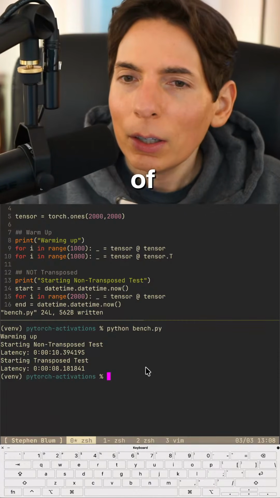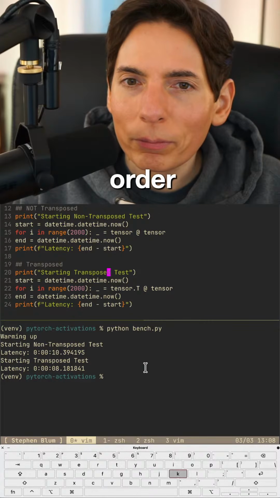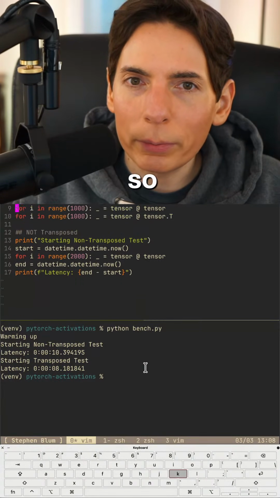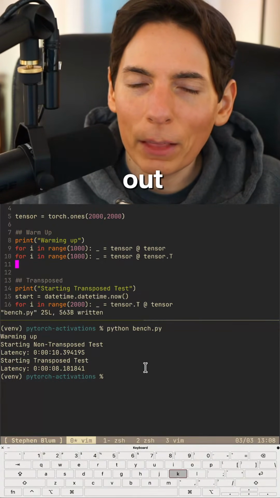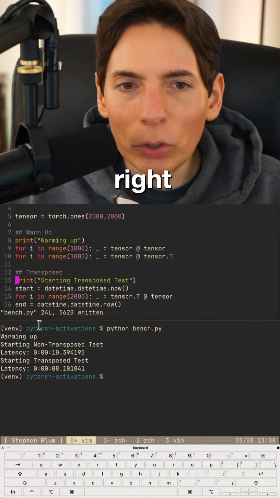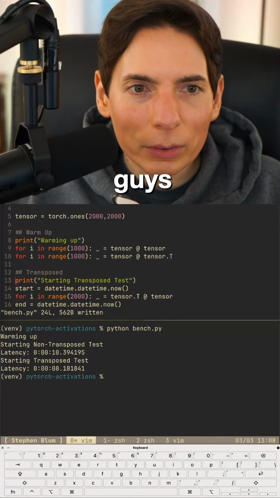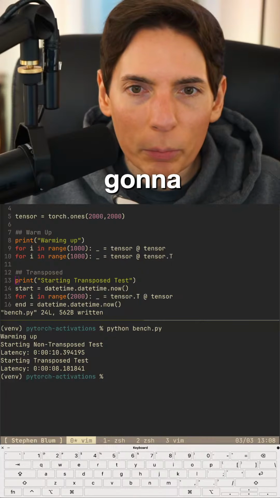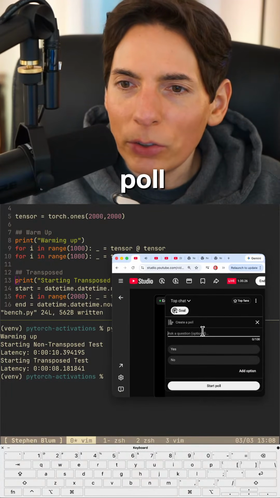I'm actually kind of curious, what if we change the order? Will this one be faster? We're just gonna try it out. Okay, all right, last thing we do before we go, you guys. I'm gonna do a quick poll. If we change the order,